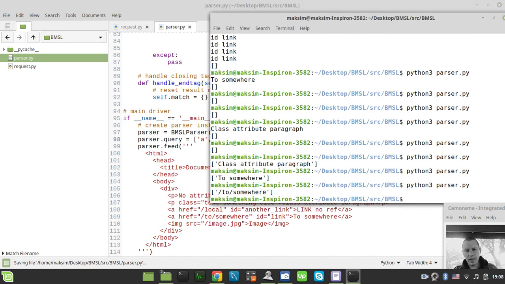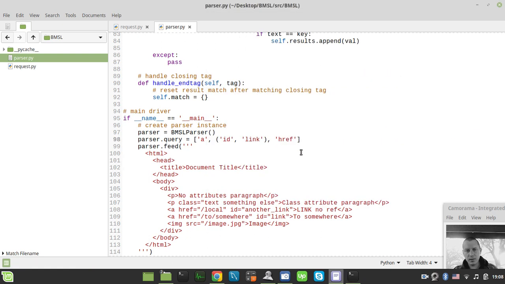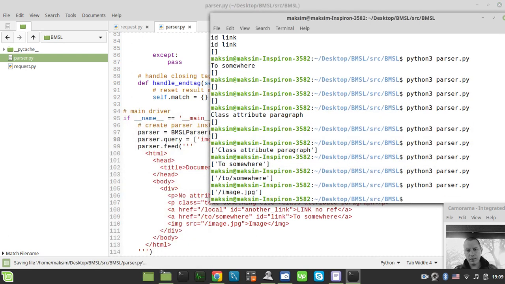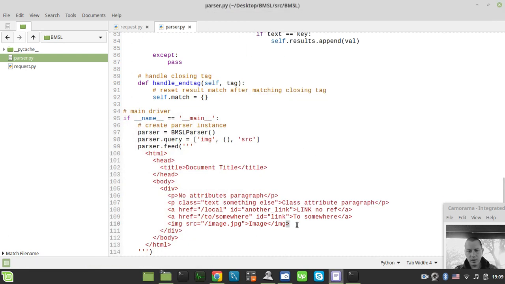Okay. And now let's consider that we want to extract the image tag and the source. Save. Okay, and let's also consider the same for image and say class equals to something, and like image